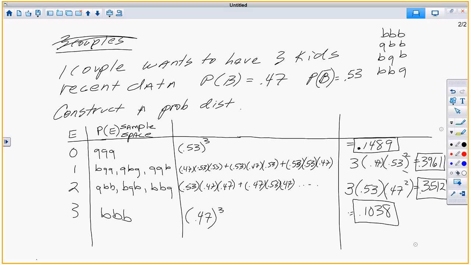What do you get when you add them all up? That's what you're supposed to do. Now, what is this? Well, let's take all of this, let's take all of this and